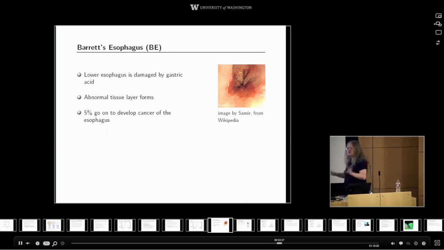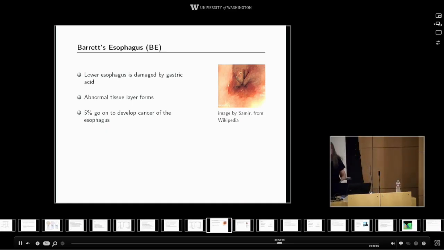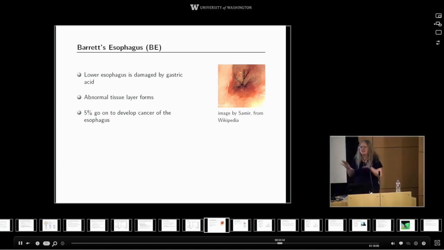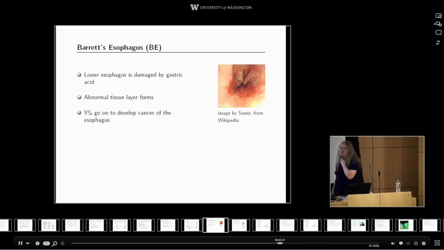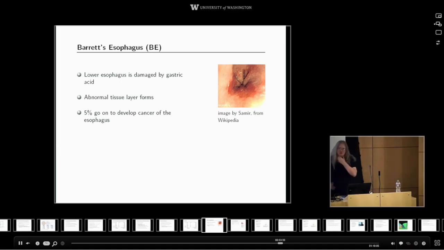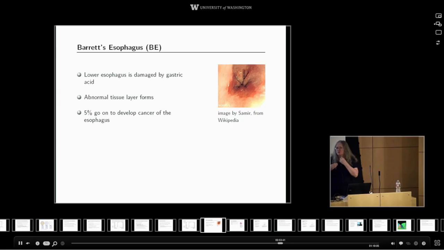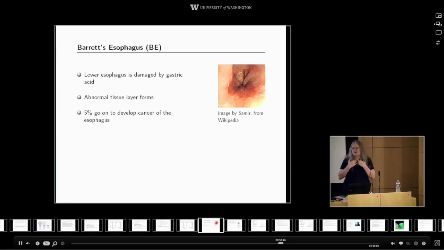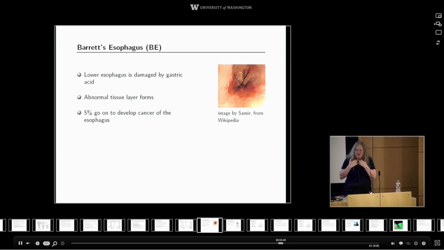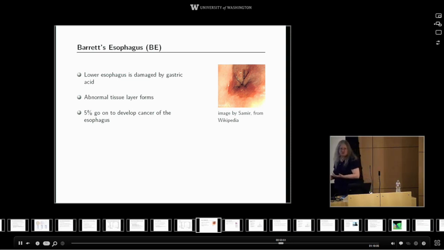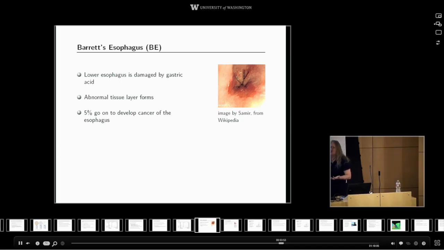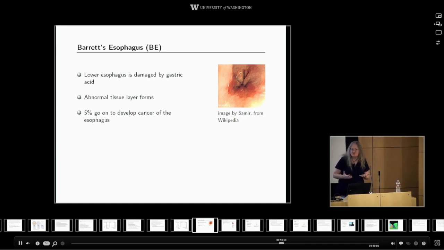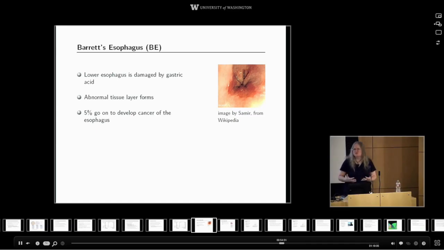So I'm going to stretch the definition of population. I've talked about populations of viruses. I've talked about populations of whales. Now I'm going to talk about a population that exists within a single human body, namely a population of cells in the esophagus. Some proportion of people, particularly older males, have damage to the lower esophagus by gastric acid and juices, and develop an abnormal layer of tissue. 5% of these people then go on to develop a severe form of esophageal cancer, whereas the other 95% don't. The condition is called Barrett's esophagus.